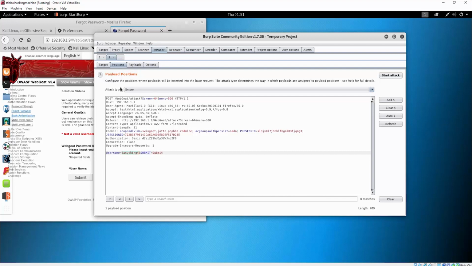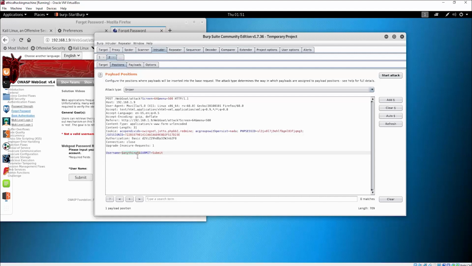You can use the user list basically from the Kali Linux itself, since it comes installed with a bunch of these word lists, and it will send packets one by one with changing this value right here with a different username from the list. So let us do that. Once you perform all of this, so once you select your username and you click here on add, select the